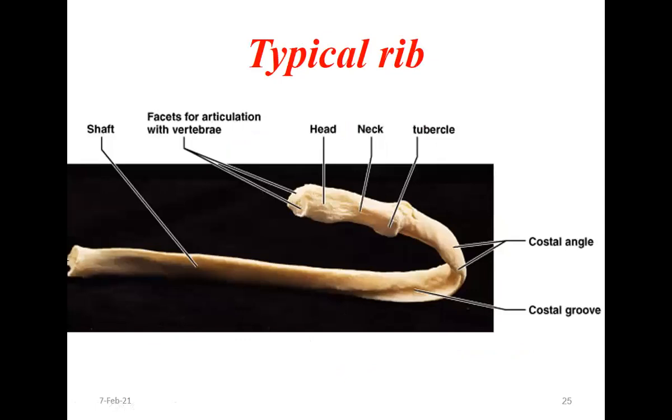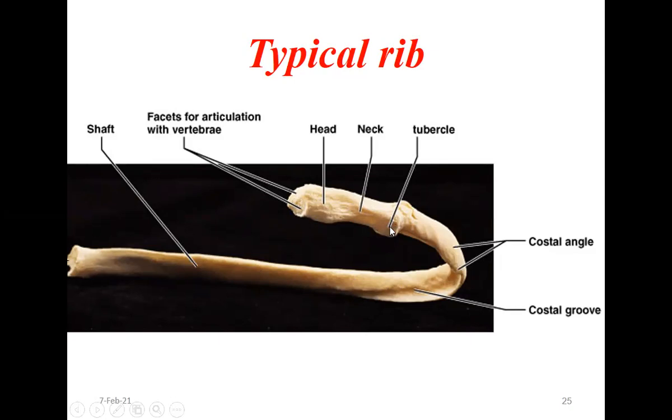Okay. Now coming to the parts of the ribs. What are the parts of the ribs? So if you see, the rib has a head. This is the head. This is called the neck, the narrow part. Then this is the shaft. So first we have to see this is the head, neck, and this long part. This whole thing is called the shaft. So it has a head, then the narrow part called the neck, then the long part, this is called the shaft.